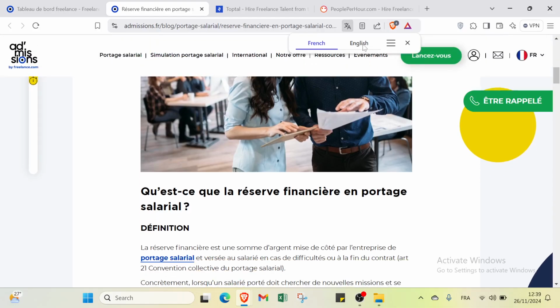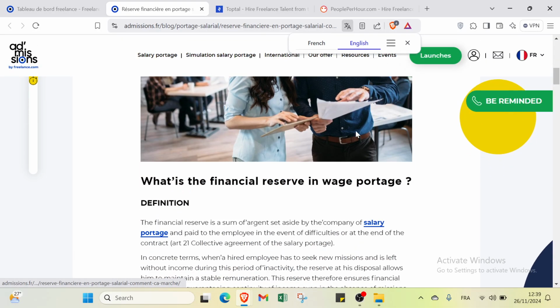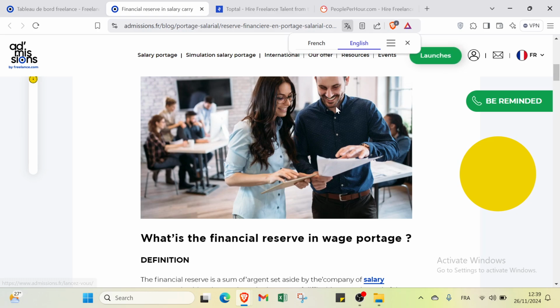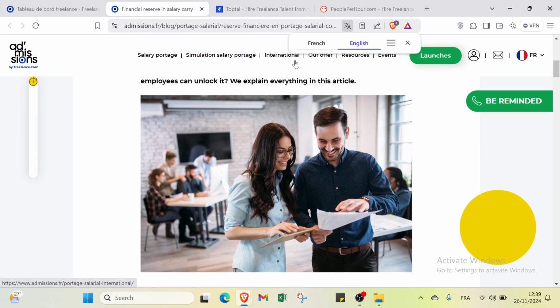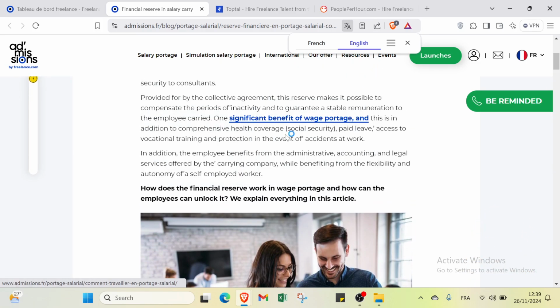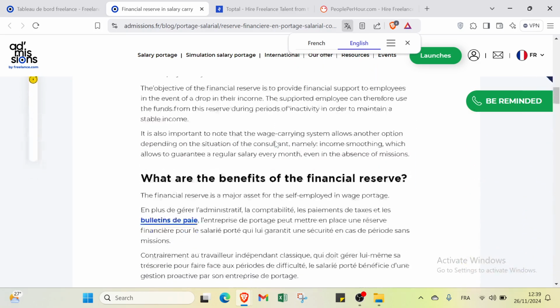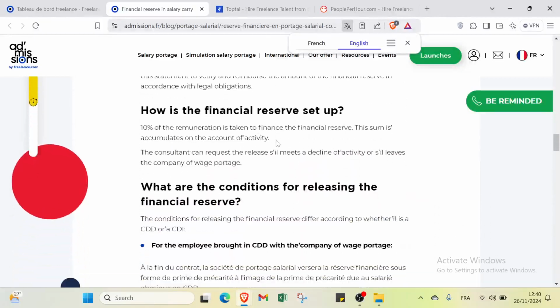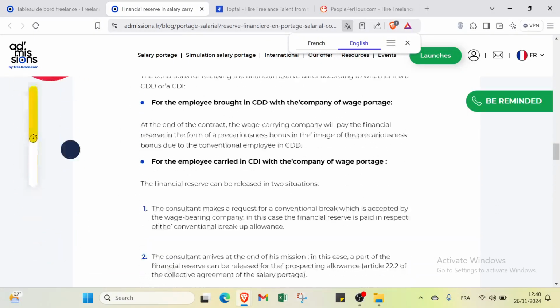If you want to select it, you click over here and be reminded, and here we have launches, salary portage, simulation salary portage, international, and also our offer, resources, and events as well. You just have to read this information to understand more, and then you get started with this platform, which is